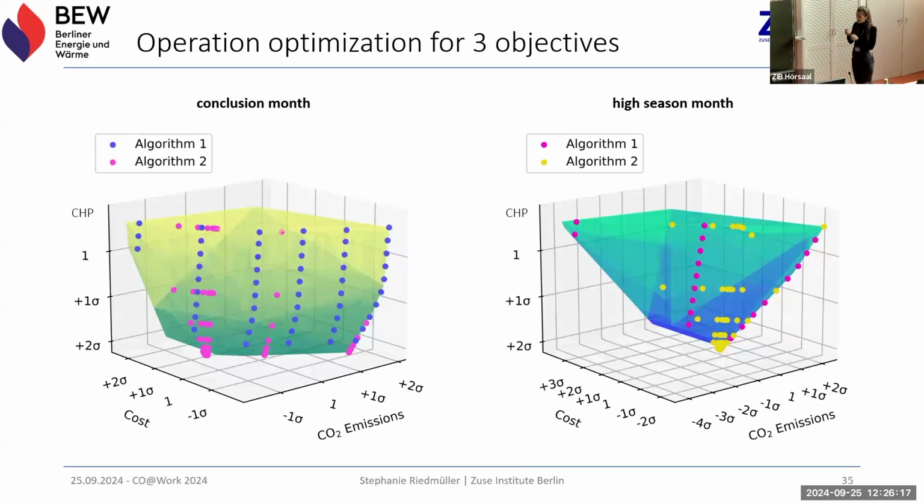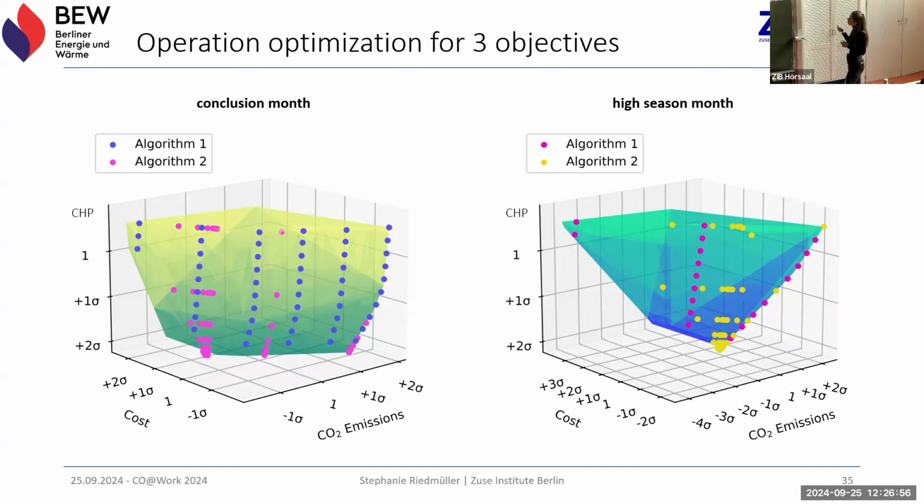We applied both of the epsilon constraint methods I mentioned. Algorithm 1 is the fixed grid algorithm. Algorithm 2 is the dynamic grid. For the first month we looked at, it's nice to see the grid visible, and it gives a nice overview of the oval shape of the Pareto front, while the second algorithm dives into this region. In my opinion, in this month,